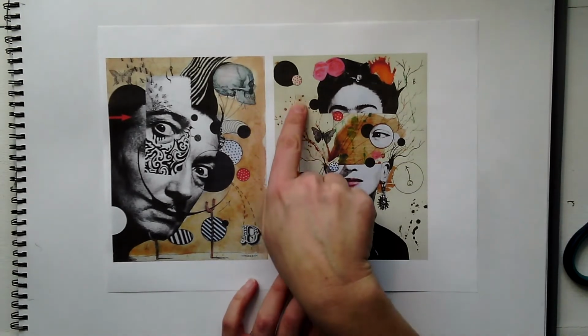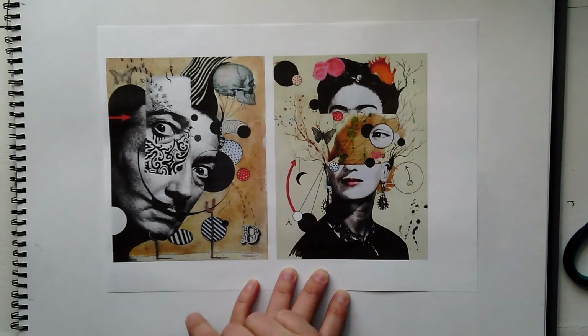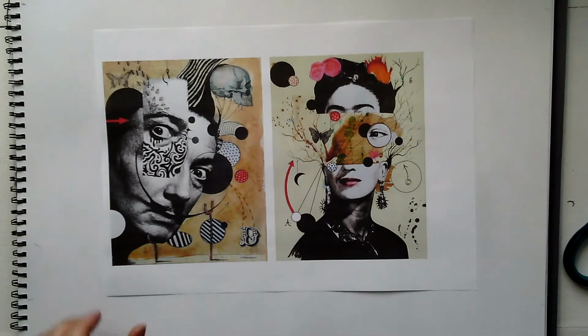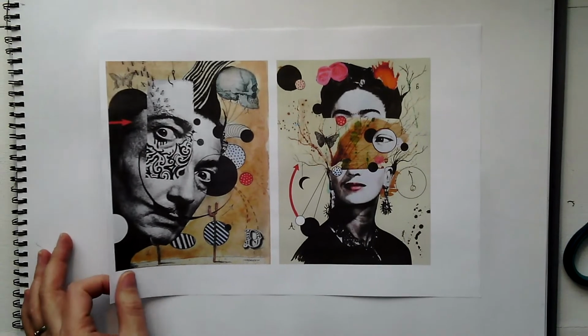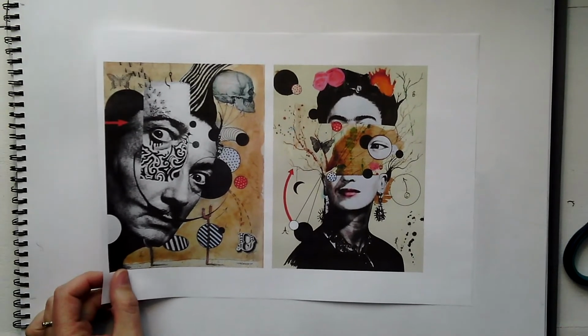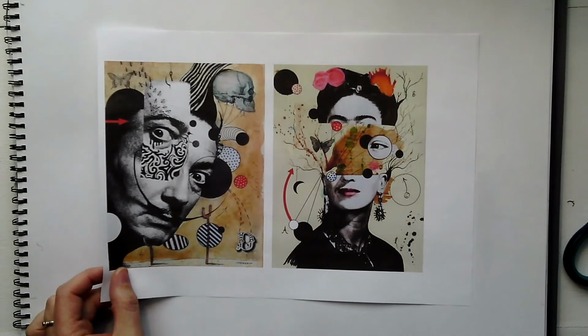What you can't see probably very well in the camera is this actually has got another layer, maybe like a ripped envelope or something that's been stuck here. Ink splatters, etc. So we're going to have a go at making our collage more interesting, giving some doodles, some drawings, and some wash of tea staining. Okay? So coming back to my example,